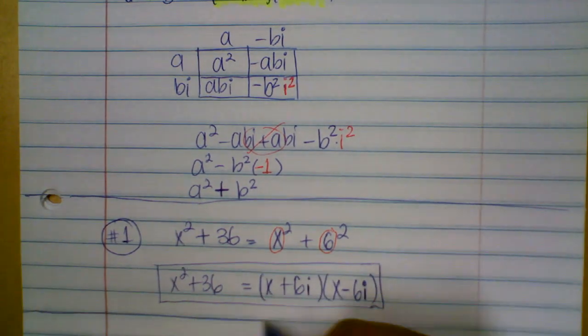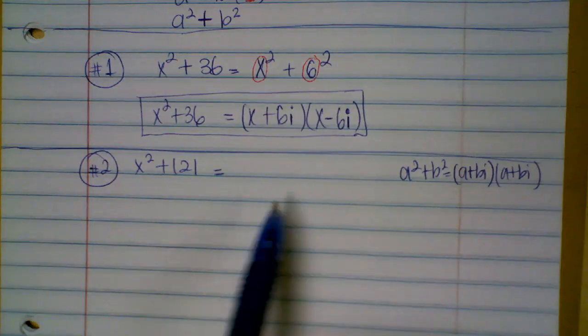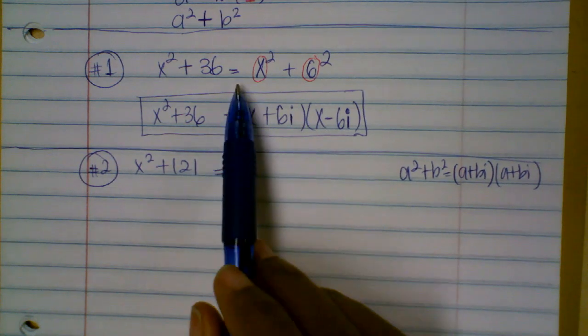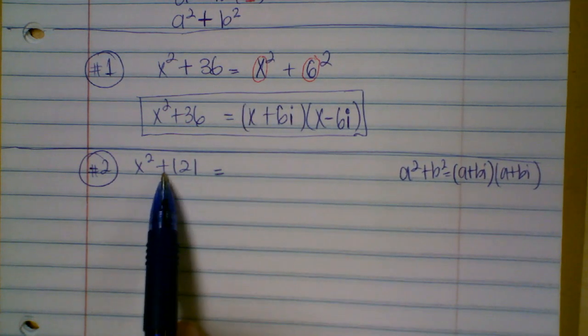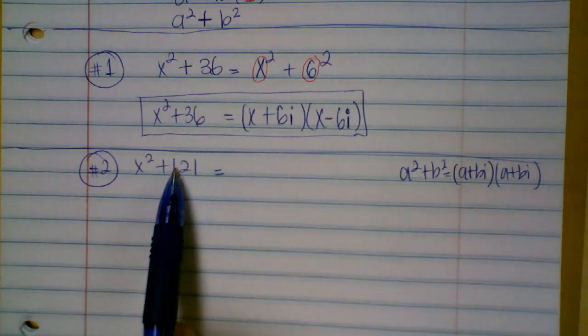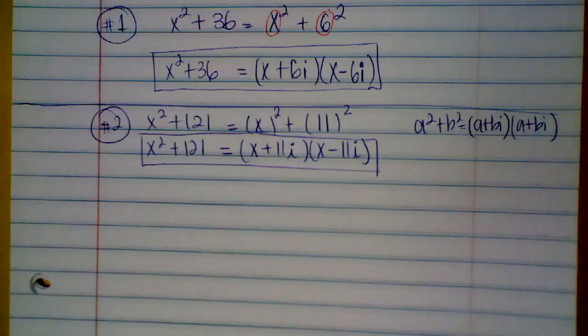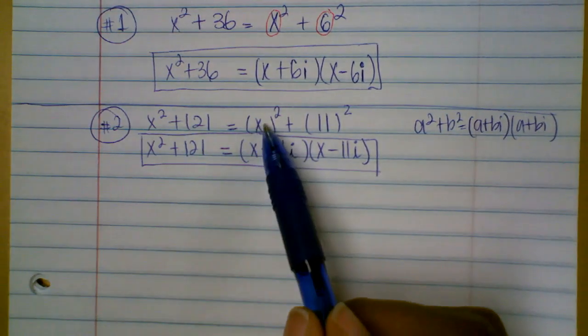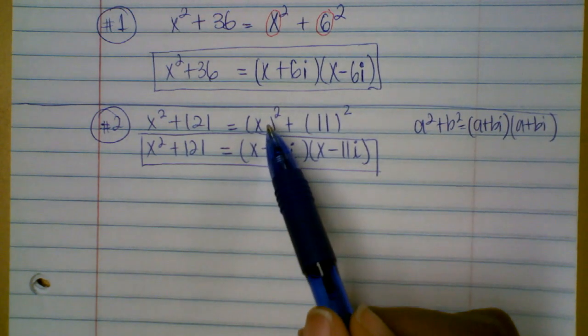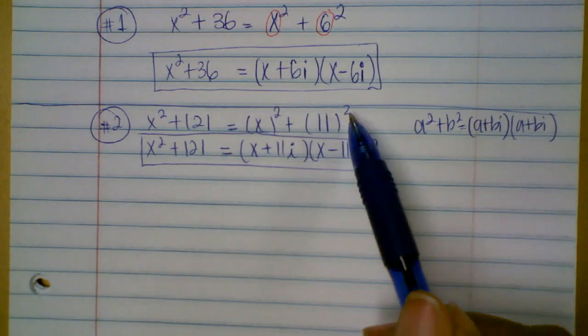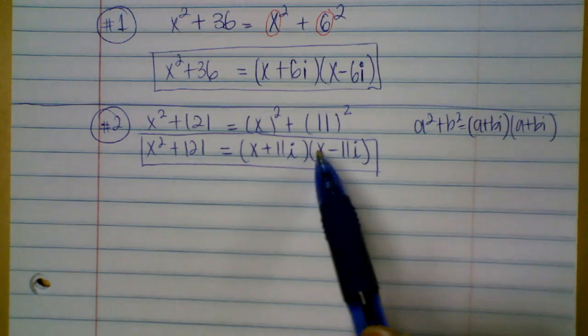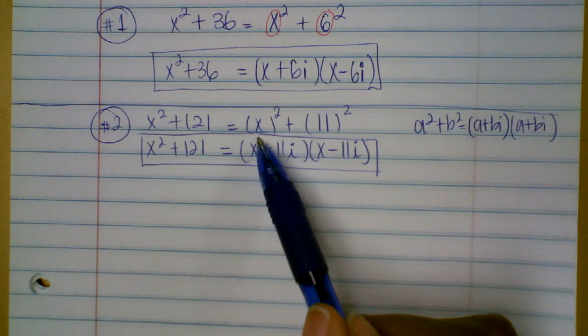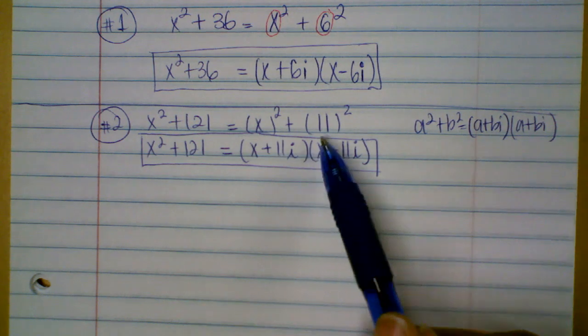So let's move on to example number 2. Please pause the video and use your example from above to help you factor this sum of two squares. Identify what is a. The a is the number without the square. Make sure you don't use the square, because remember, when you multiply, if you write x squared and x squared, you end up with x squared times x squared, which is